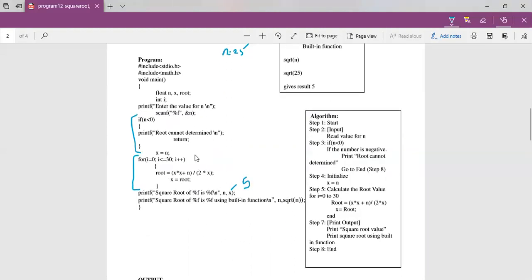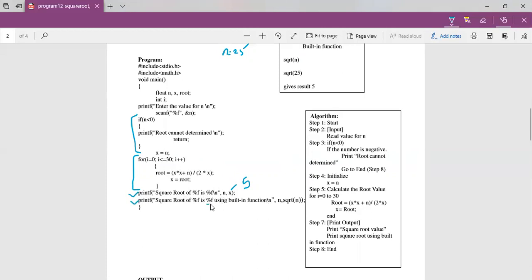Now we may also choose to compare it with the result of the built-in function. The calculations that we have done, the code that we have written, the logic of the program should be the same as whatever output any built-in function would give. So therefore, we may compare what result we have got by our calculation in this printf statement and what result we get by the built-in function in the second printf statement.